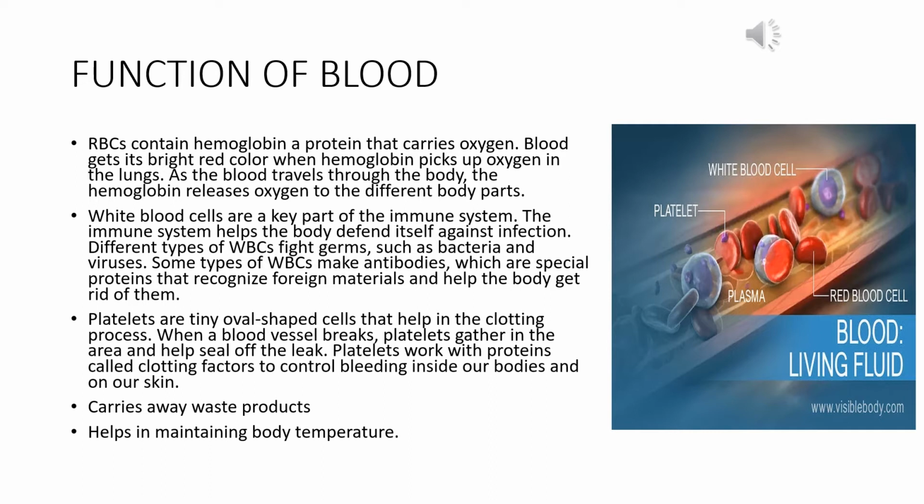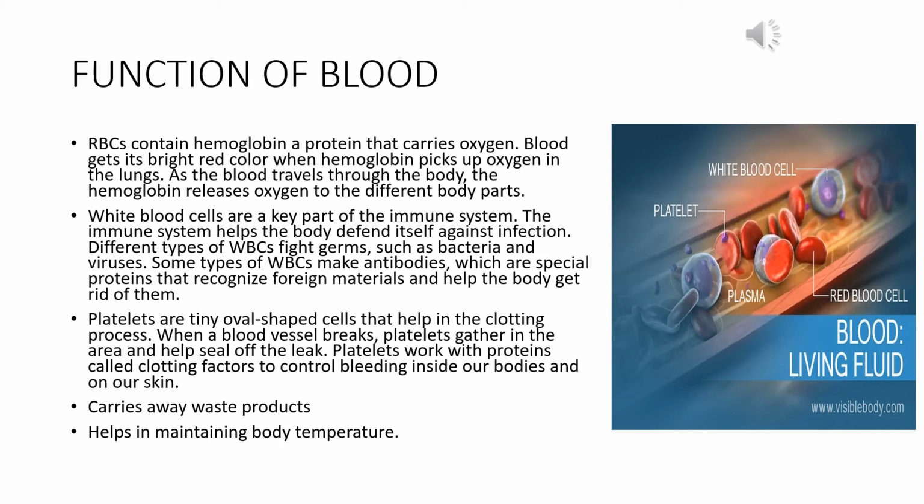The blood helps in transporting oxygen and carbon dioxide throughout the body with the help of red blood cells. Red blood cells carry oxygen from the lungs to different parts of the body, and they take back carbon dioxide and other toxic substances from these parts to the lungs. The white blood cells help to fight against germs and antigens that enter our body from outside. So white blood cells are a key part of the immune system.